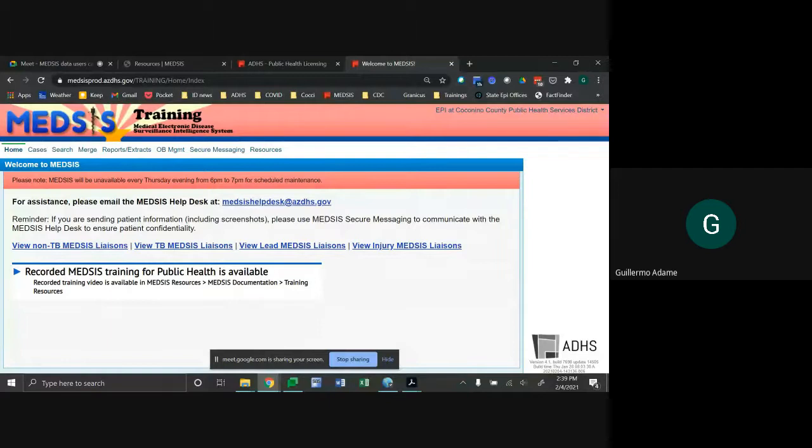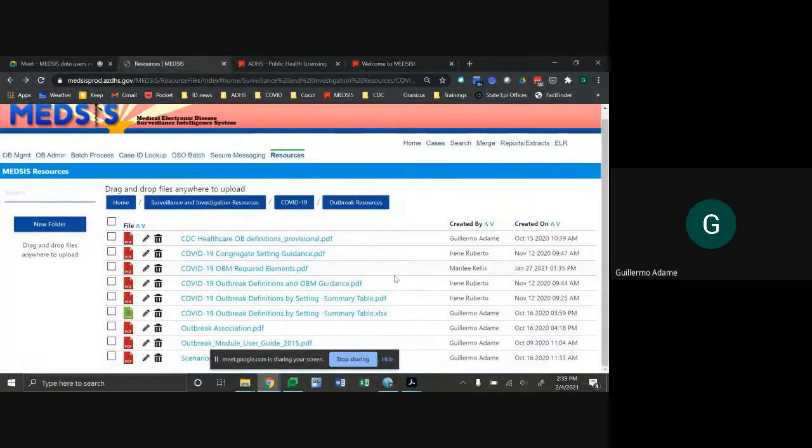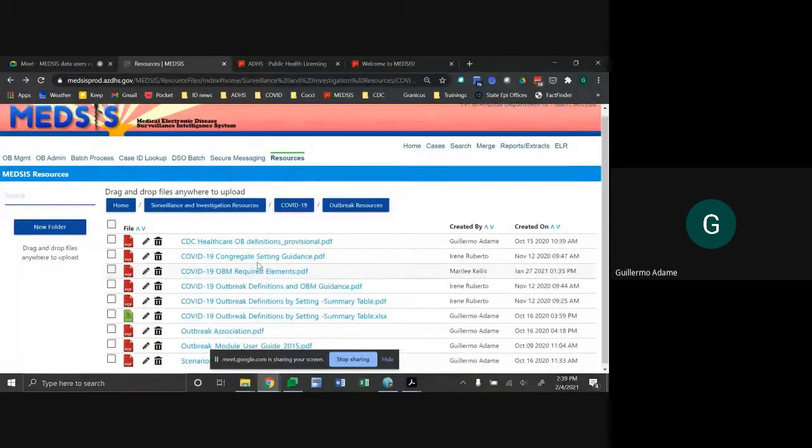So one case generally would not be enough for these settings unless, for example, a case said they were at a work party a week ago and colleagues were coughing and they know of other people who are sick now, then you might want to open one up for that setting, even if you only have one case so far. We do have some more guidance about different situations that require an Outbreak entry in our COVID-19 congregate setting PDF, which is attached in the invite as well as in our MEDSIS resources page here.